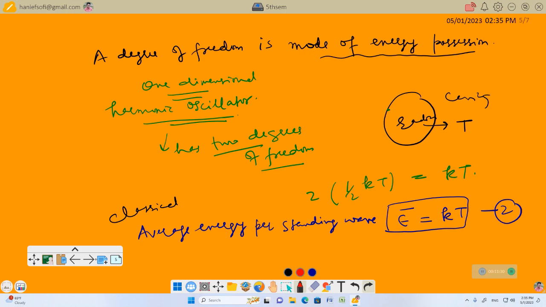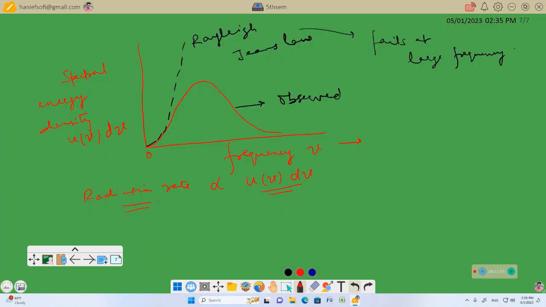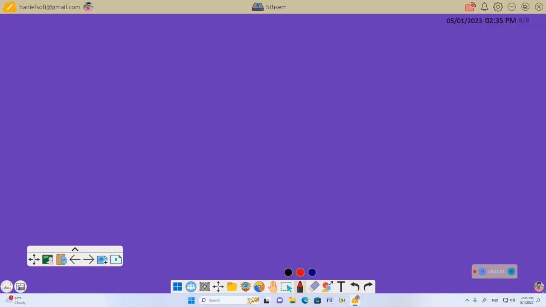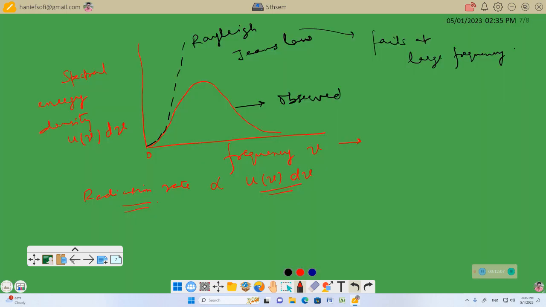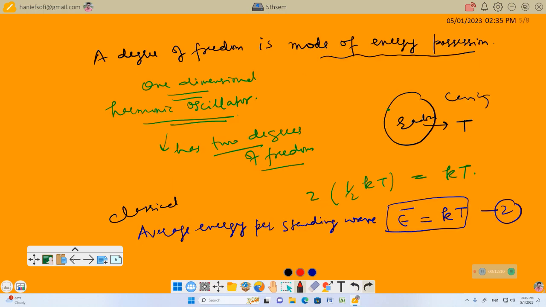That wrong was found by Max Planck. So he gave his law, which we will discuss now. That's called Planck's radiation formula. So where was the error? The error was in the classical idea. What classical idea? See,